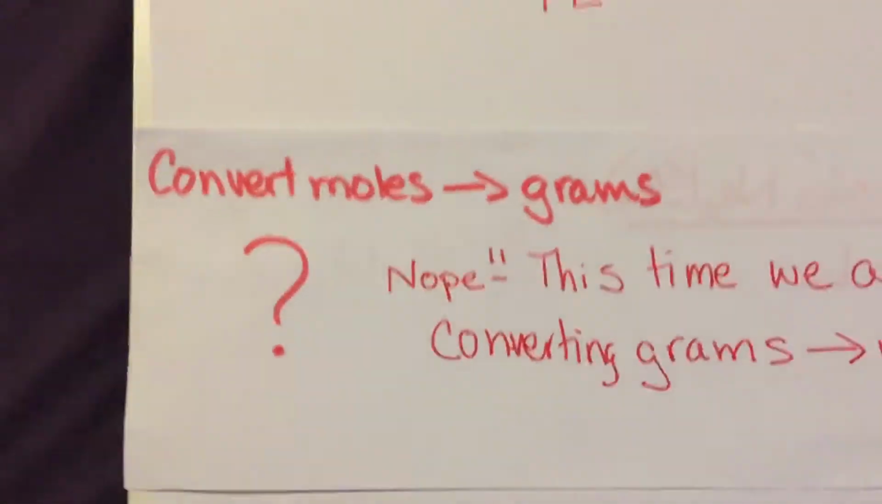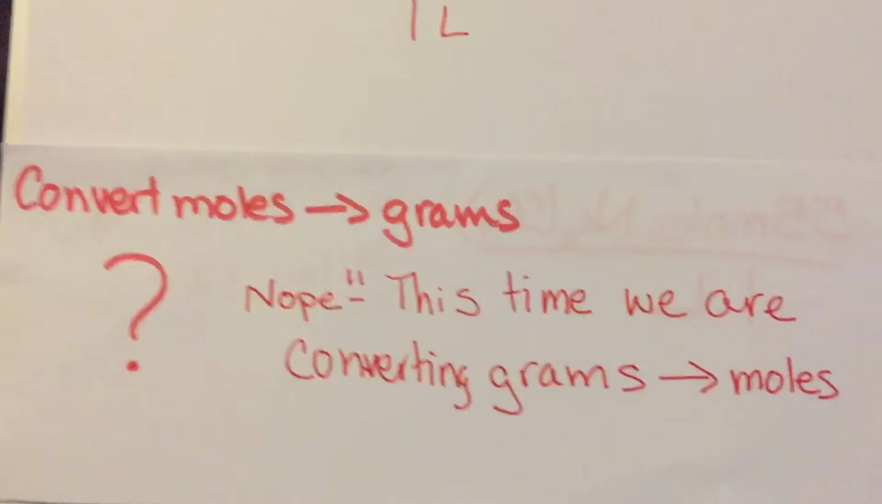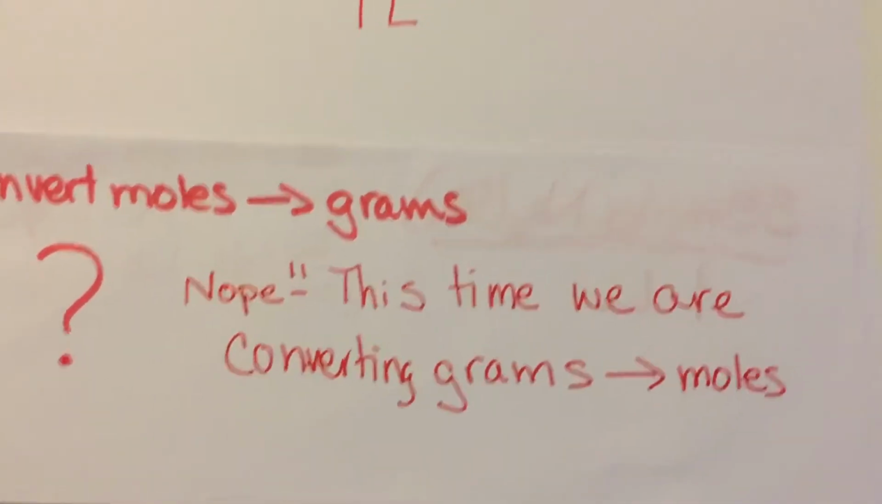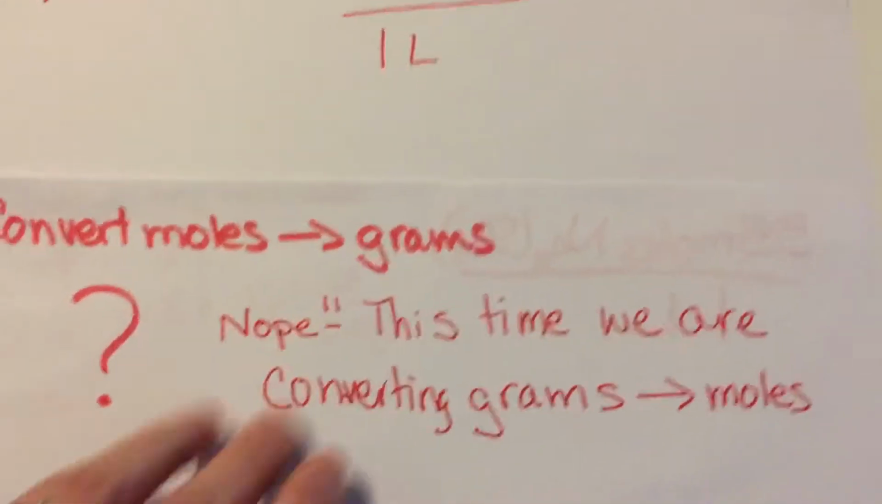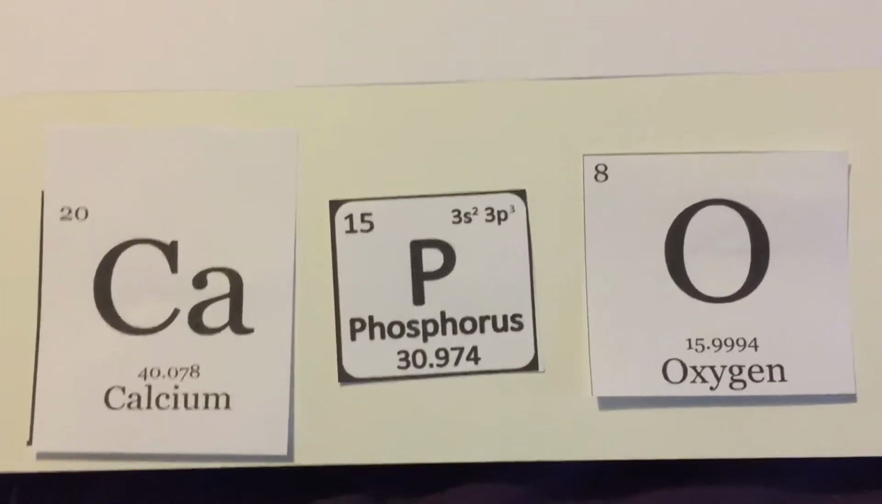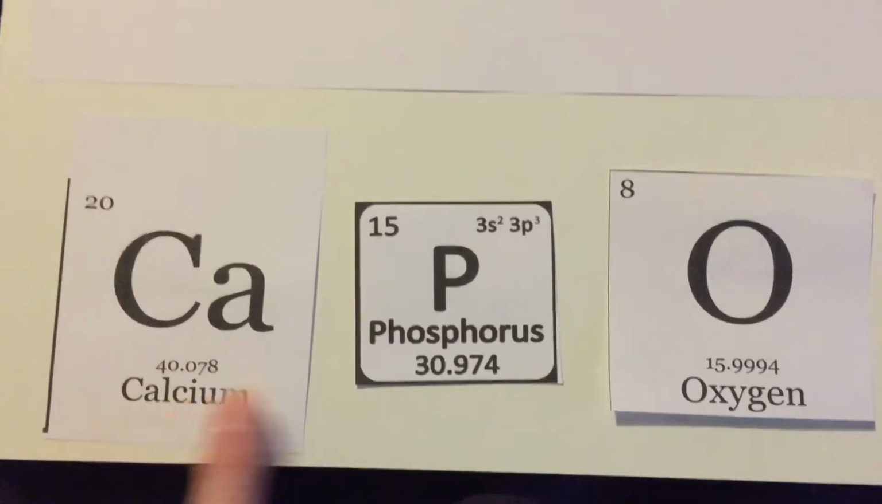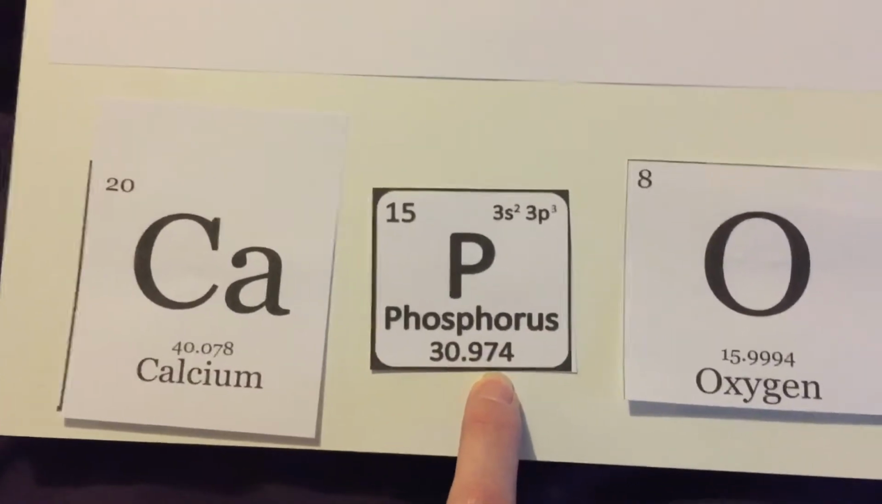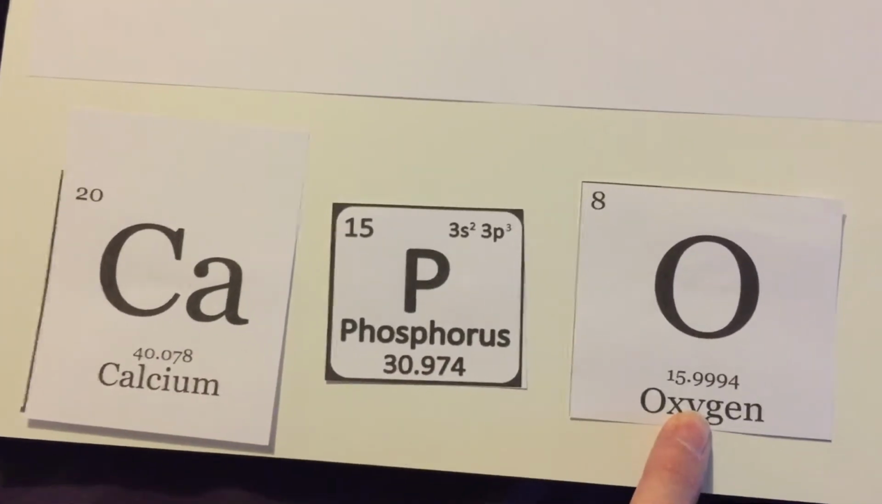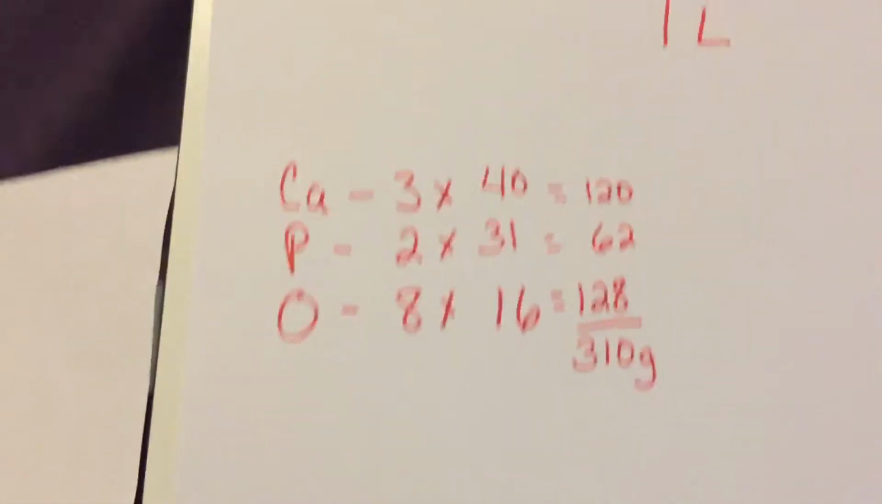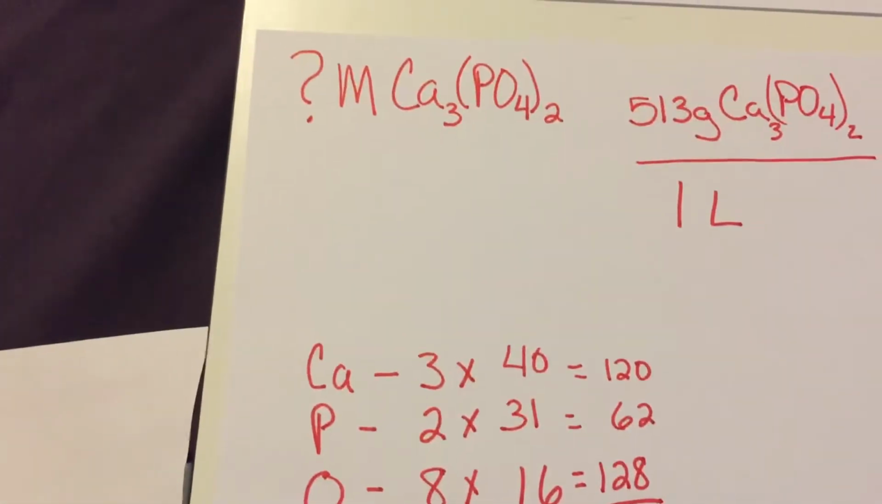So, converting moles to grams. Nope, not this time. This time we're converting grams to moles. But we go about it the same way. We go look at the periodic table, and we find that calcium has 40 grams, phosphorus has about 31 grams per mole, and oxygen has 16. Okay, our formula is